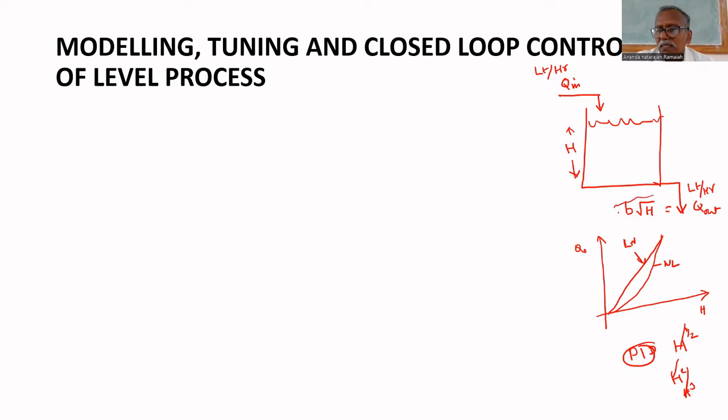We can find a linear model for this if the level is varying very little. That is called linearization of the process. If you linearize, then only can you find a transfer function. You studied so many transfer functions in control systems: first order, second order, third order, represented by linear differential equations, with no nonlinear relation there. That's why you can find the transfer function. If it is a nonlinear function, you cannot find the transfer function,